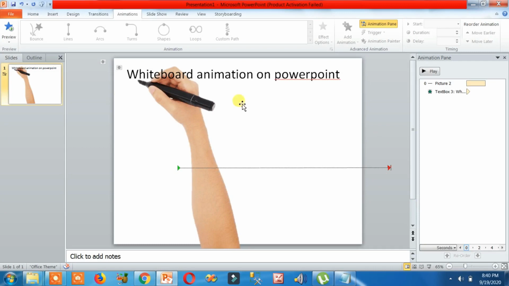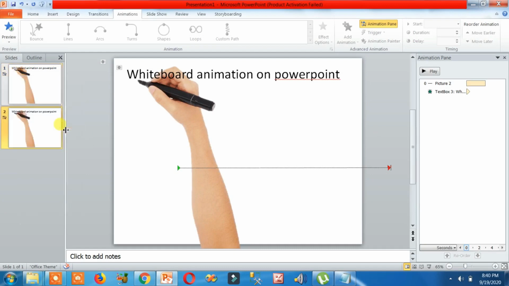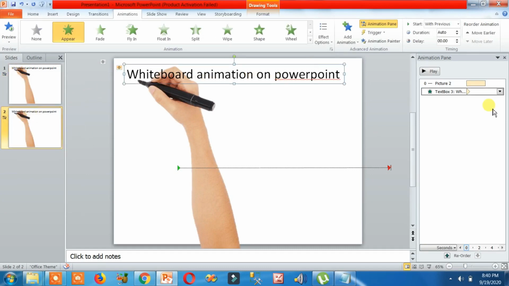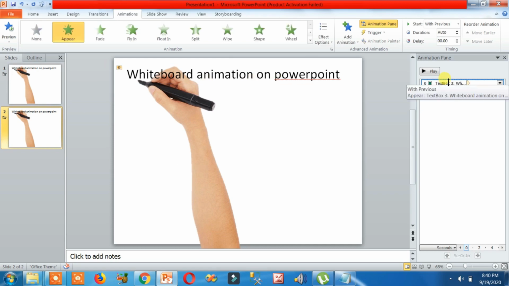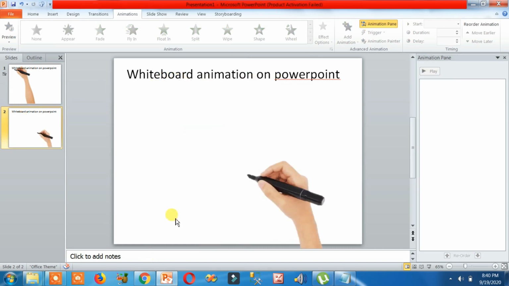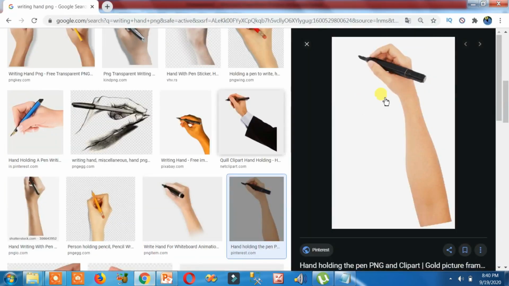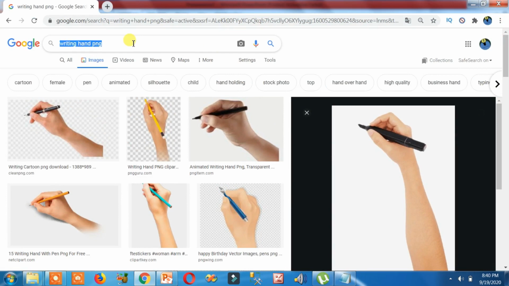Now if you want to draw something, then just click on this here. Okay, so duplicate slide. Now we are going to remove its animation. Okay, now drag it to anywhere you want. If you want any picture, if you want to do something, then just paste your picture here. Here I can use picture of anything, just like I'm going to paste a picture of laptop or anything. So laptop